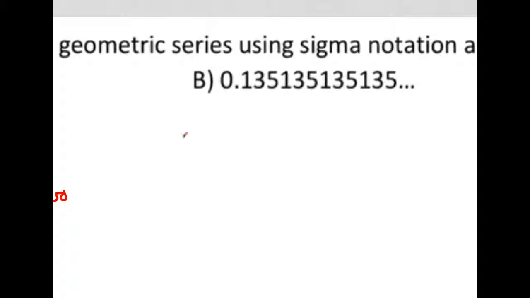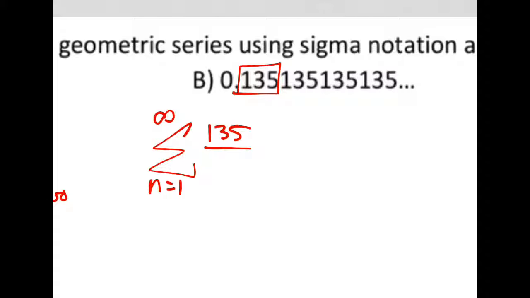And I can do the same thing up here. The idea is going to work the exact same way. I'm going to be looking at an infinite geometric series. My first term will be just the part that repeats. So 135 over 1,000, because that will give me 0.135. Notice that the number of digits is the same as the number of zeros on that bottom there. And I will multiply that by my ratio, which will be 1 over, well, how many zeros do I need to add each time? Well, I need to add 3 zeros each time, raised to the power of n minus 1,